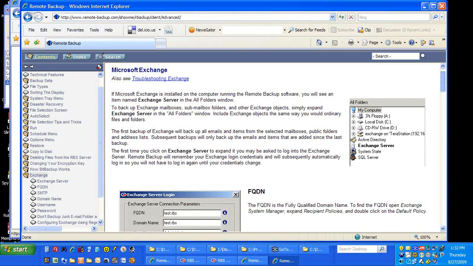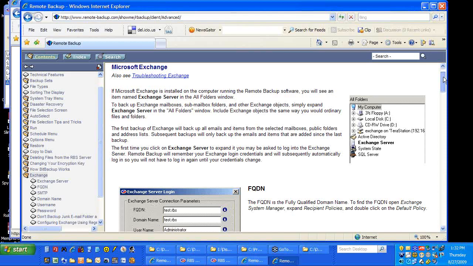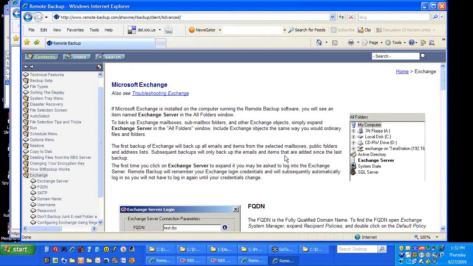Because for Exchange backups, you always have to select incremental. That's the recommended backup type for Exchange. So when you install a client and you have to back up Exchange data, create a new backup set, call it Exchange backup, and select incremental. And then the first thing you have to do is on the client, you'll see on the left-hand side of